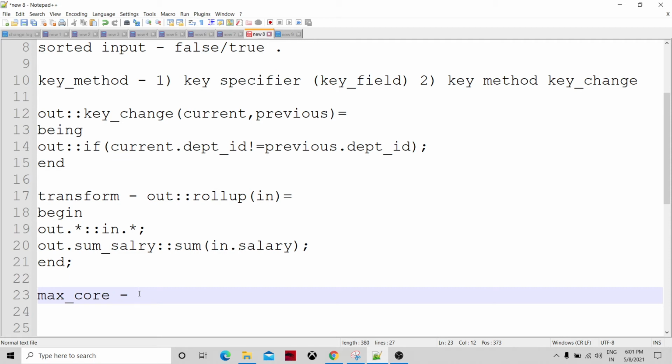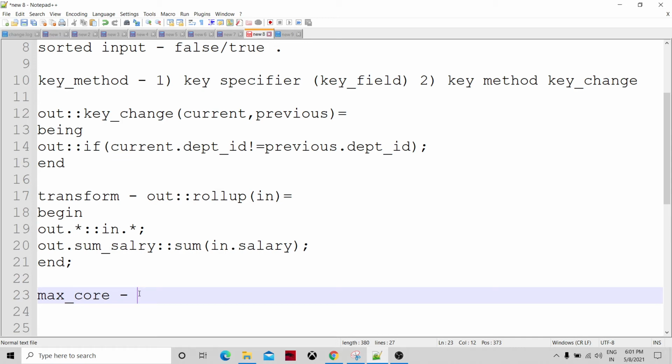It has to hold the records until the last record comes to the rollup, because we don't know where the records for a particular key are going to come.